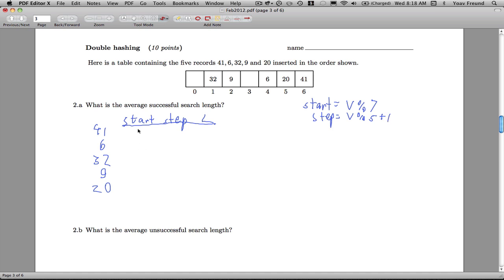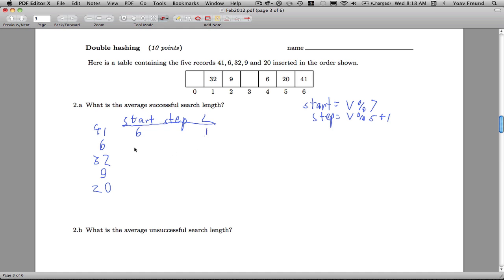So for 41, the start is 41 modulo 7, so it's 6. And if we look, 41 is actually in 6, so we don't need to calculate the step, and the length